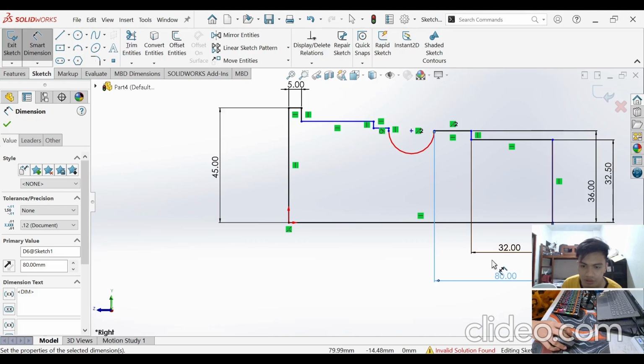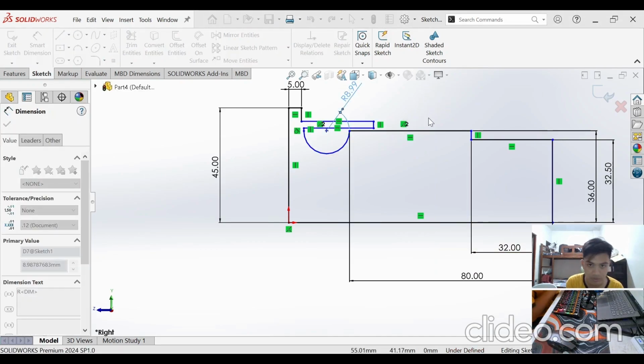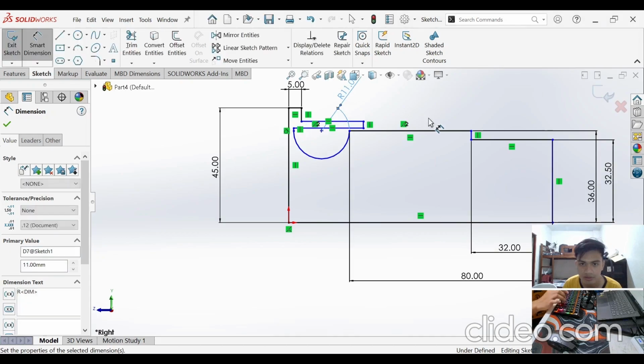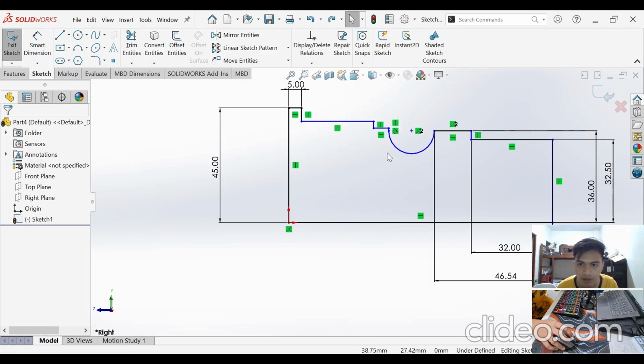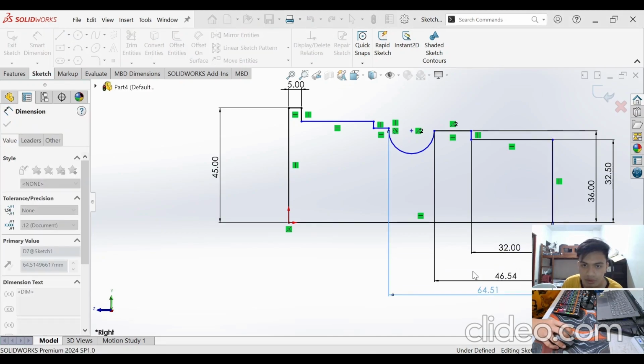And it says here that it has an invalid solution found. Let us first correct the arc that we have. Should be 11 millimeters in radius. Wait, let's step back a bit. Let's not proceed to the arc yet and finish inputting the dimensions of our horizontal part.